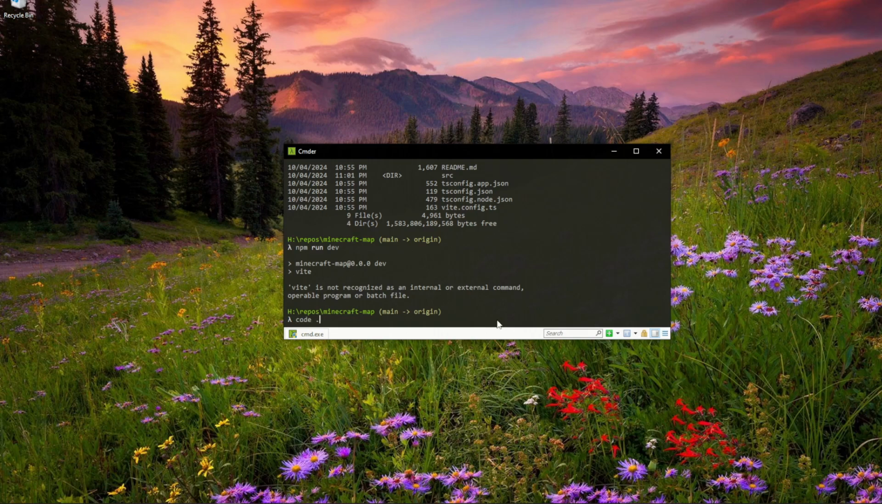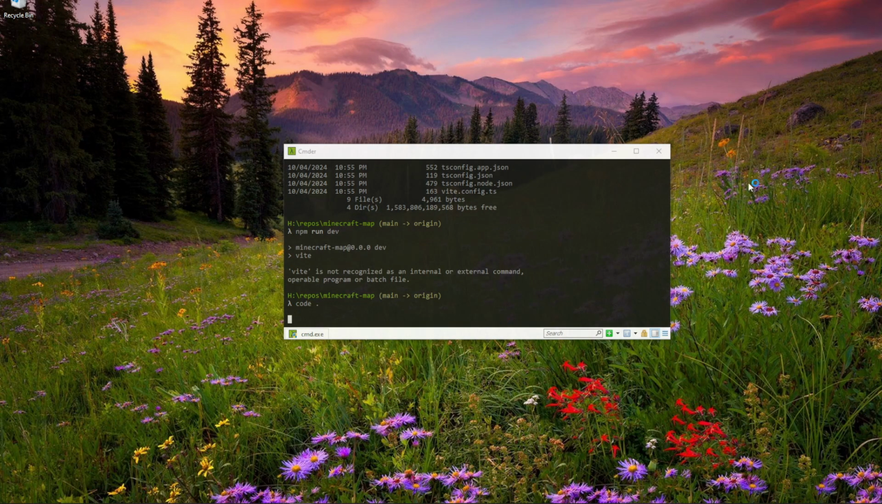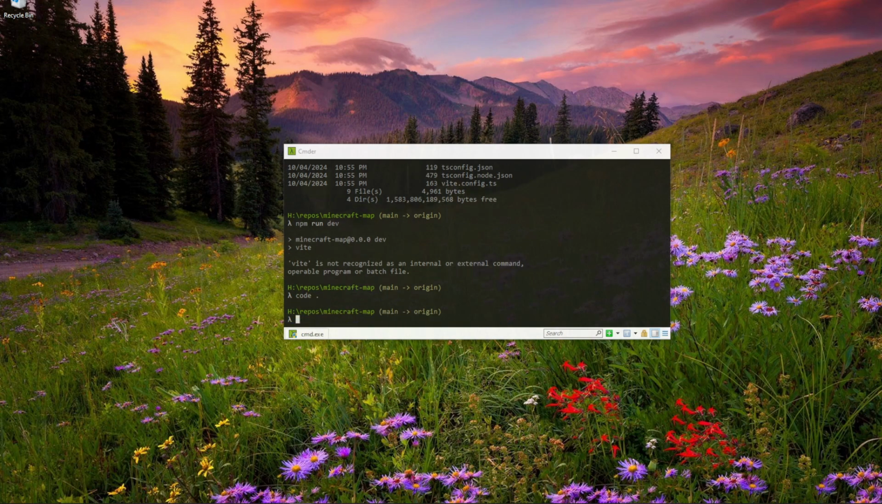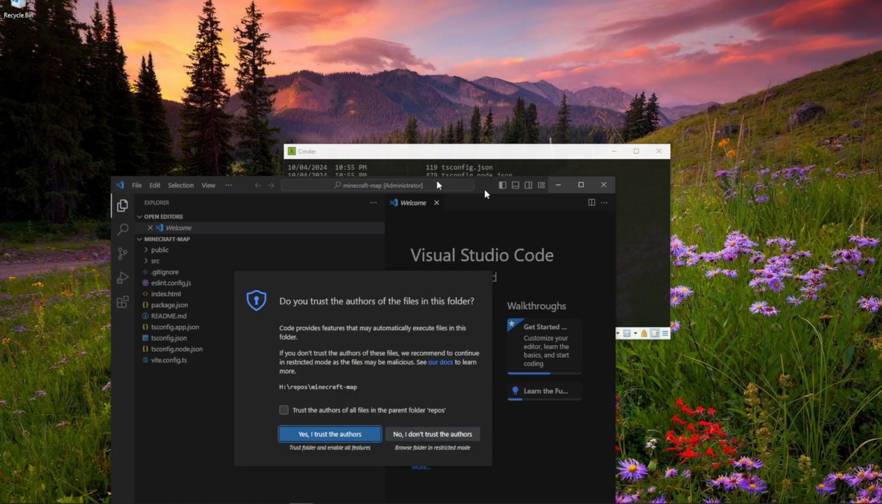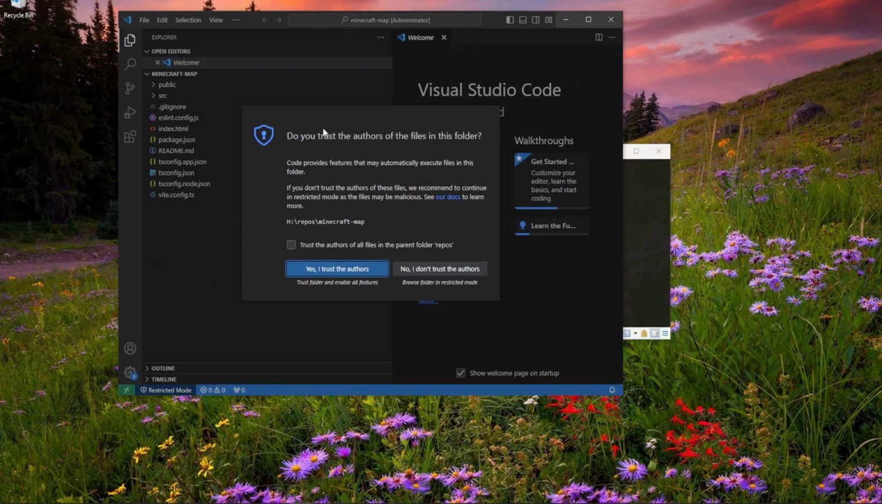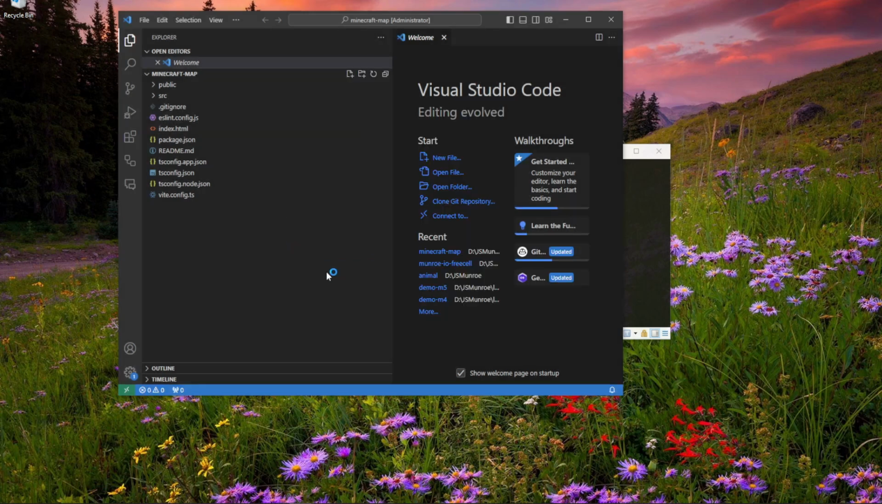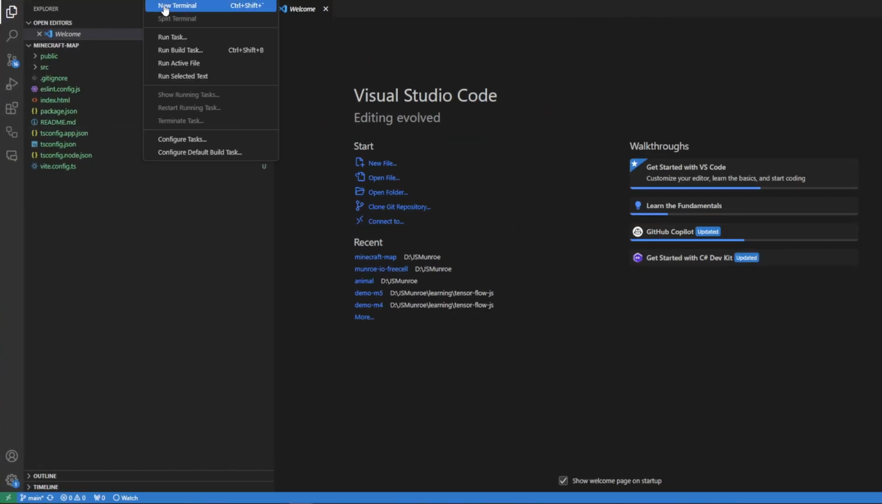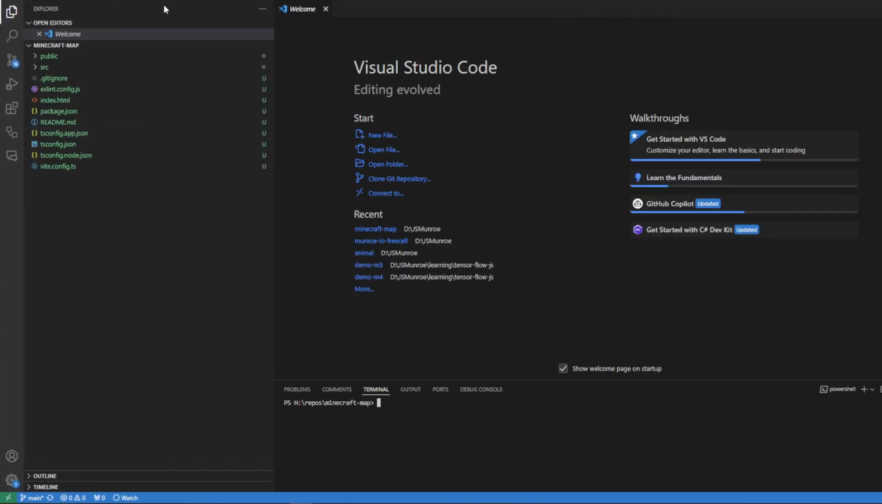I use Visual Studio Code, which is a free editor. And right now it's asking me if I trust the authors of the files in this folder, and since I created them, I do trust them. And so this is Visual Studio Code, and we'll open up a terminal. So you just go terminal, new terminal, and this is going to be PowerShell, but that's okay. PowerShell works. If we do npm run dev,